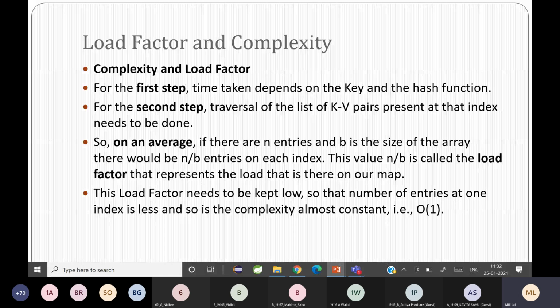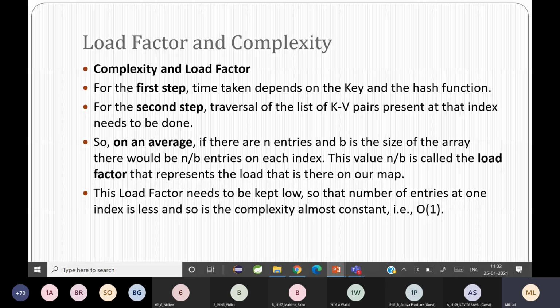But in the case of linear probing, quadratic probing, or double hashing, it might not be there in the given index. It might be placed in another index depending on the number of times the collision had occurred. So traversal of the list of key value pairs in that index needs to be done. So that is the next complexity.